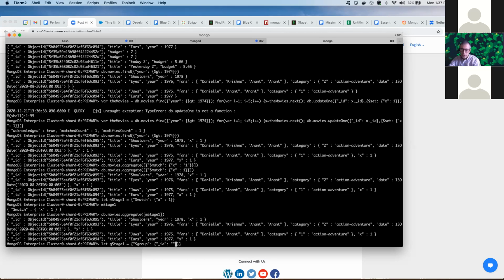So let's say we want to group by all the fields. Great. So we want to find the value of total. So total, we're going to do $sum